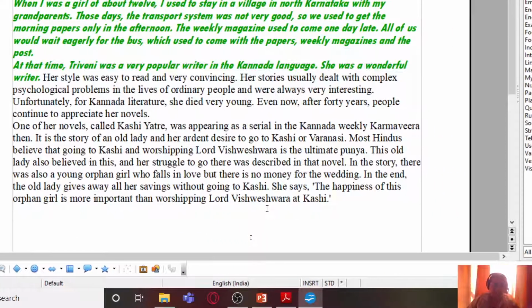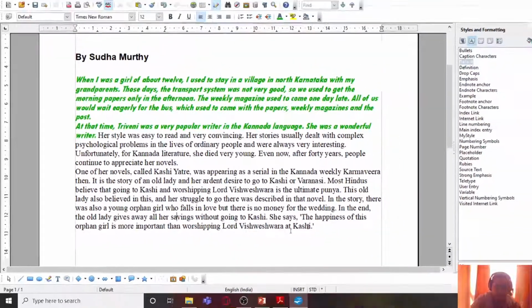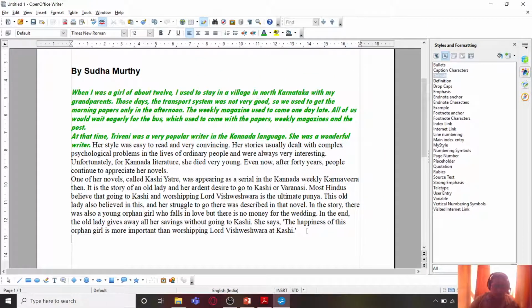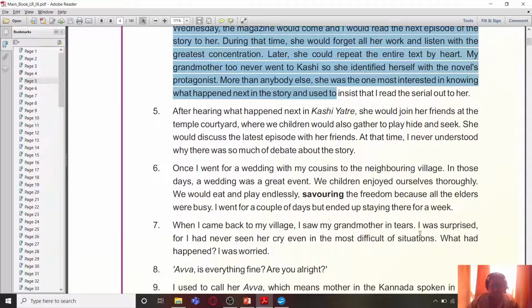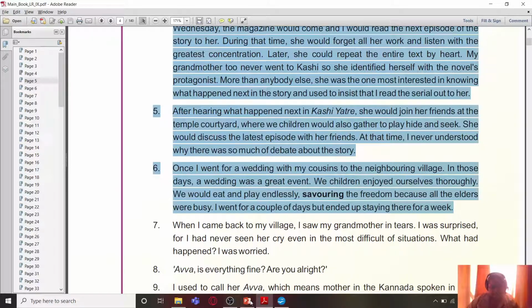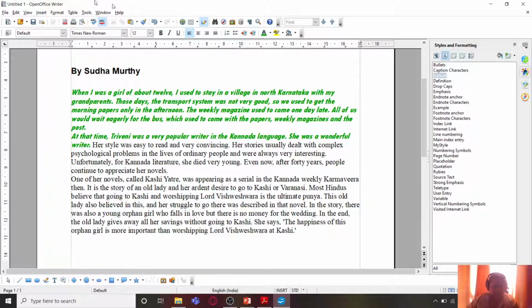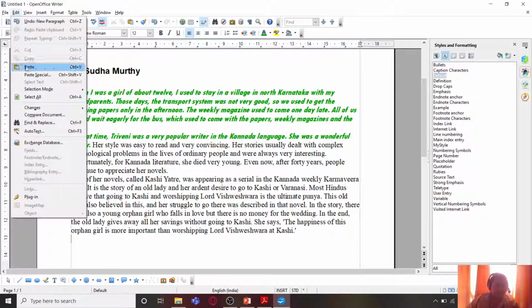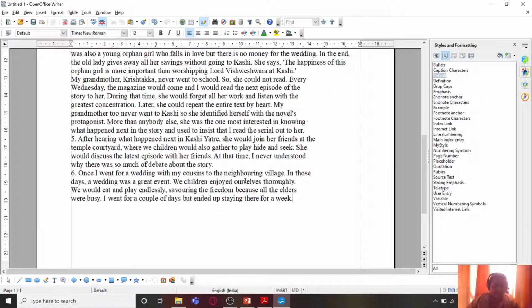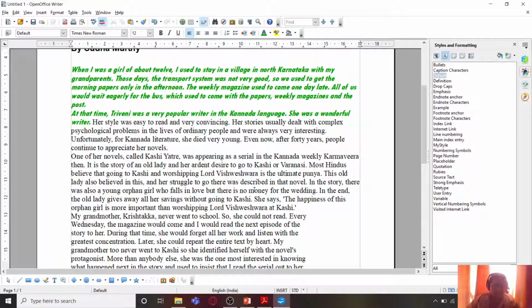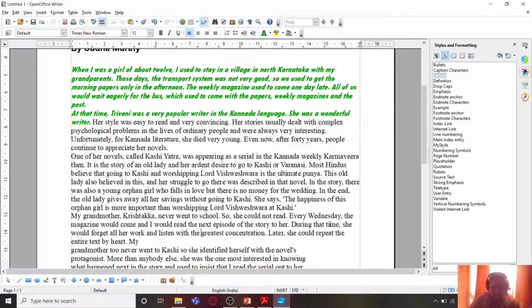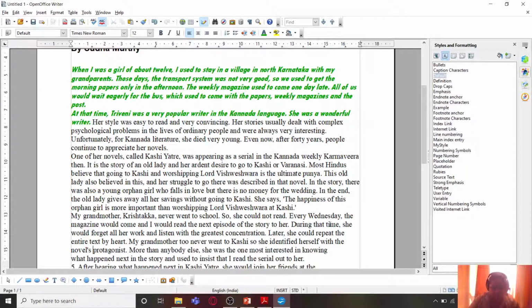Now about paragraph style. So I'm going to insert a few more paragraphs after this so that we can see the effect of paragraph styling. So again, I'm going to remove the extra lines, extra paragraphs.